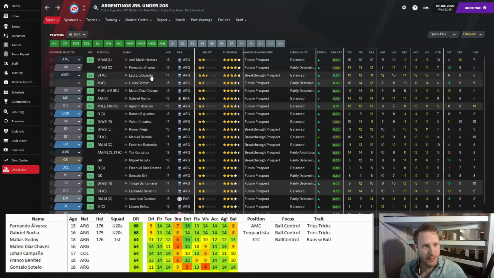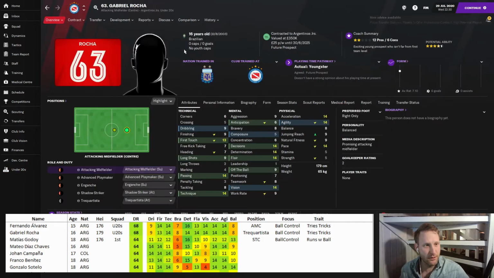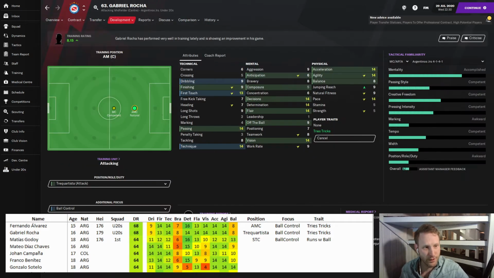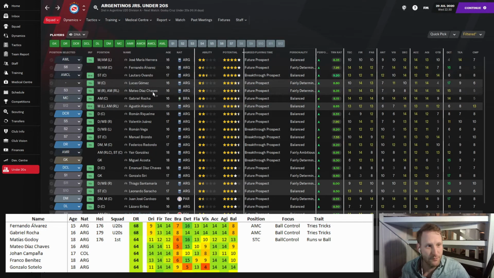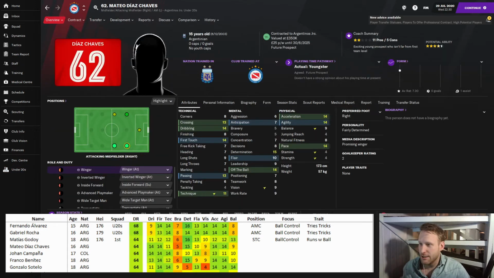Let's see, then we had Gabriel Roja. We are training him as an AMC as well. I'm going to show, if you haven't watched today's episode, the tactic that I have been working on. Let's just add the numbers for Mateo Diaz Chavez. He's slightly smaller, which I enjoy, still kind of a big guy compared to Maradona. And we are training him as an A and R, which is good. We need those as well.